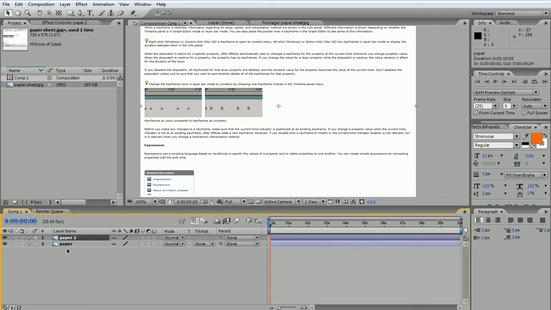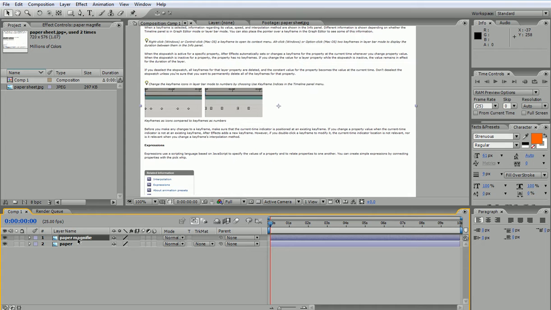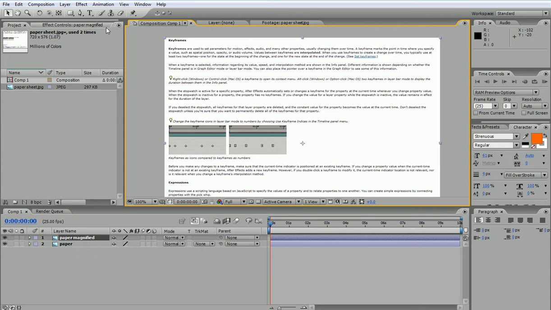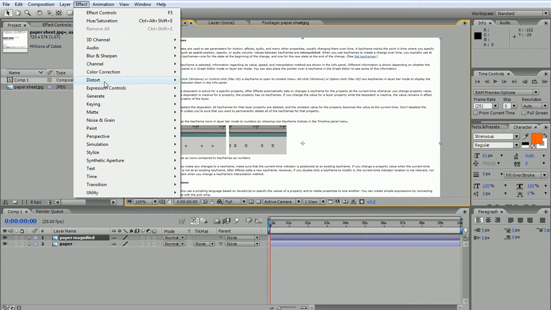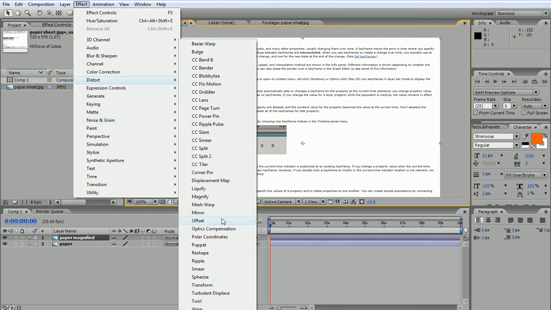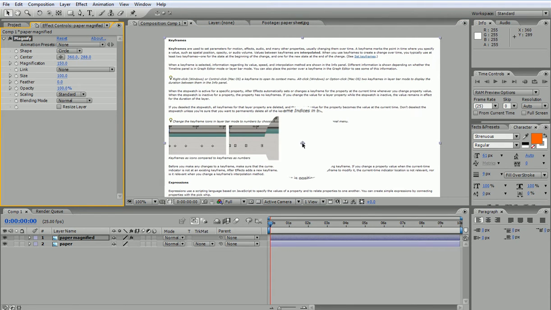The second step is to duplicate this and call this paper magnified. Magnified. And I'm gonna go to Effect, Distort, and I'm gonna choose the Magnify effect. The Magnify effect